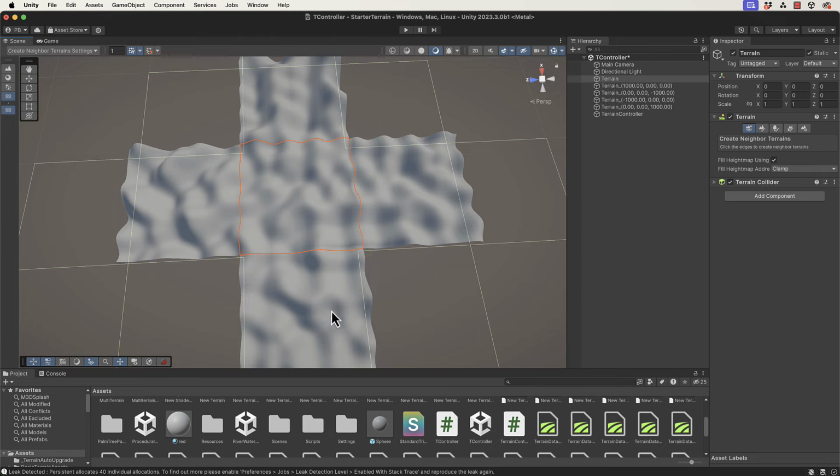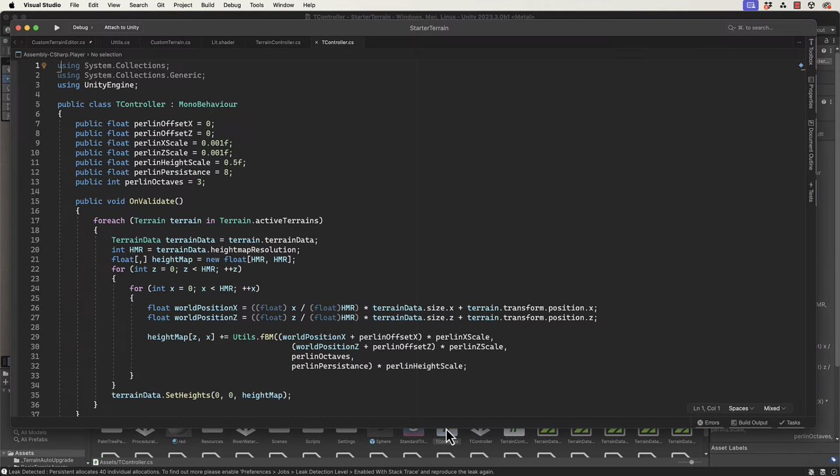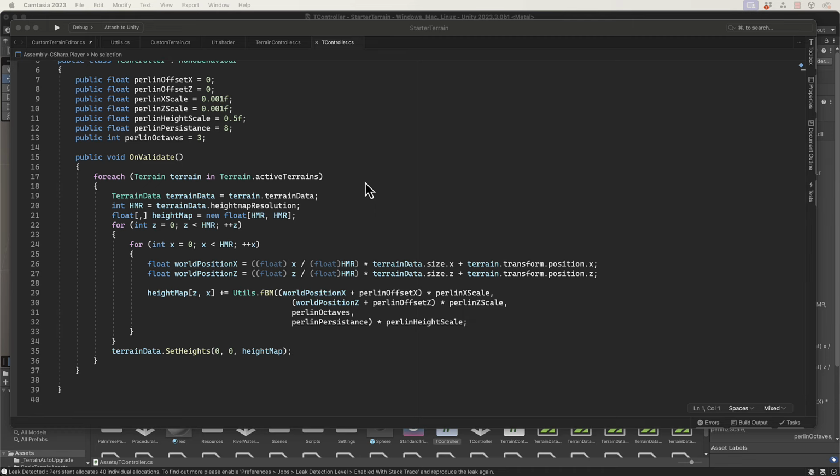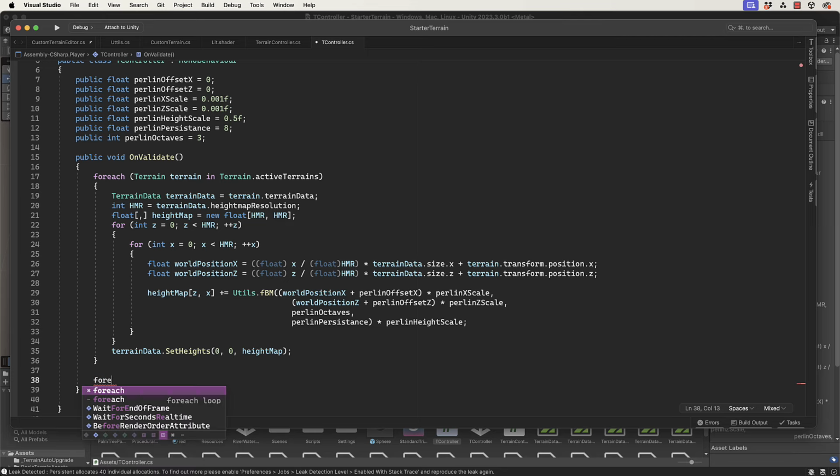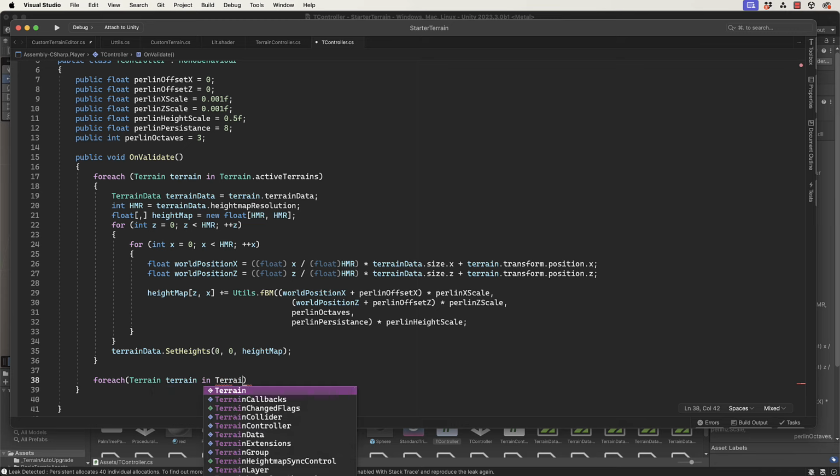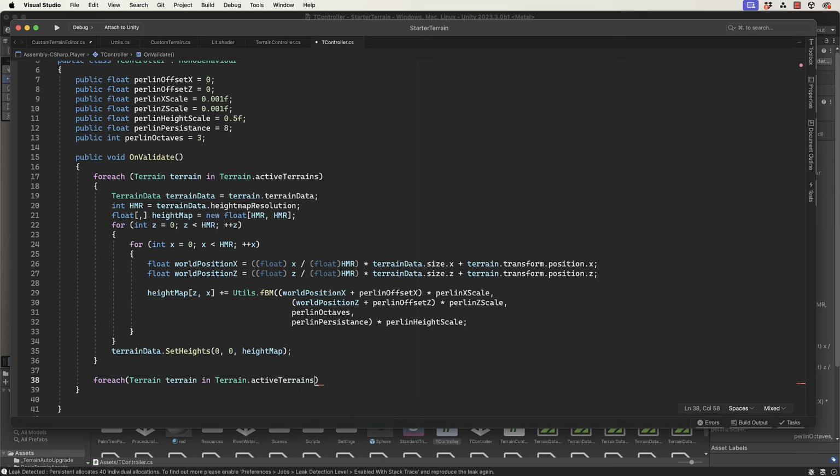Right, so how are we going to do this? Let's go back into our code. The first thing we need to consider is that you can't fix any of the seams until all of the terrains have been processed, because you don't know what the next seams are going to be. So therefore we're going to create another for loop here, doing exactly the same thing and going through all of our terrains. So foreach terrain in terrain.activeTerrains,